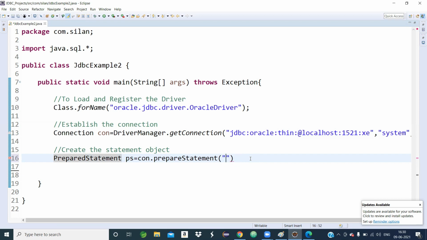So my task is inserting a record into the customer_info table, so I will write the required SQL statement. Yesterday we studied how to insert a record: insert into table name, my table name is customer_info, then values. How many columns? We have 3 columns: customer ID, customer name, and customer address.